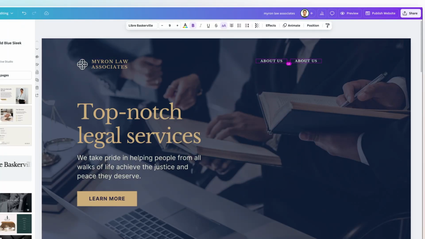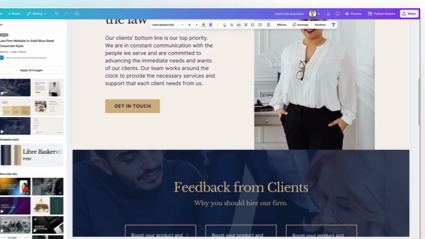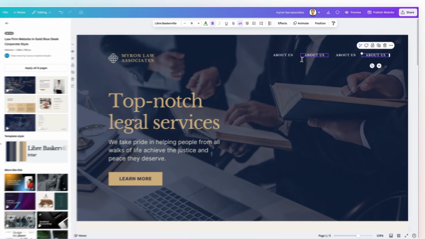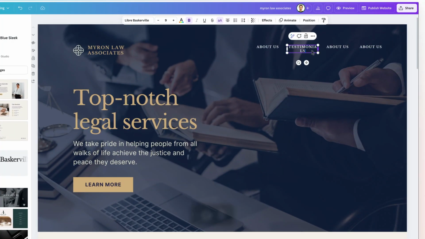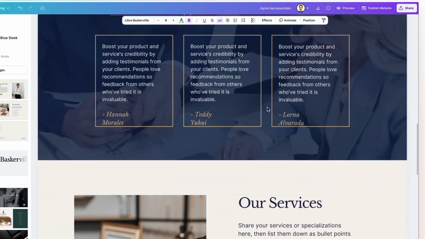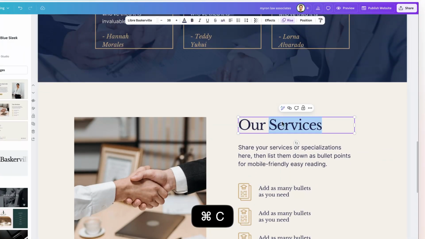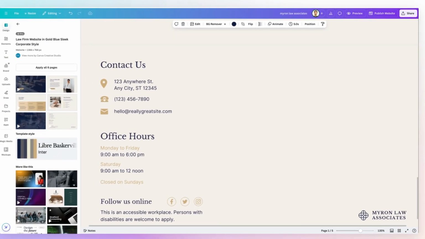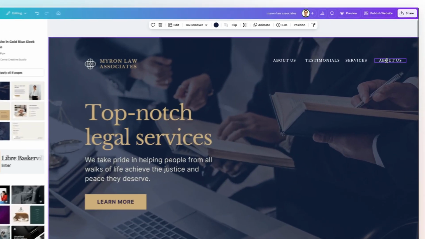And I'm going to duplicate it using Shift plus Option/Alt in order to create a quick duplicate. Alternatively, you can use Command plus C and Command V, and that is going to achieve the same effect. So either one or the other. And let's see the other sections. This one is going to be the feedback from clients. So that will be testimonials. And we are going to add the next one, which is going to be services. And at the very end, what do we have here? The contact us. So it's going to be